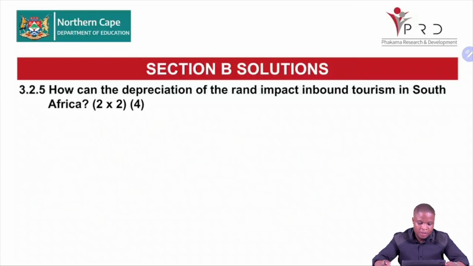How can the depreciation, the decreasing of the value of the rand due to market forces, impact people visiting us? If our currency decreases due to market forces, it goes down. So a person visiting from the UK, when we say the rand is depreciating, it means the pound is appreciating. So if the rand used to be